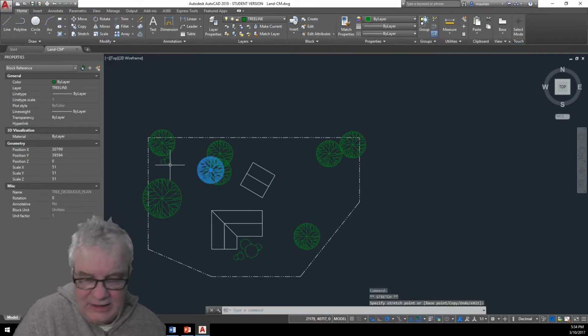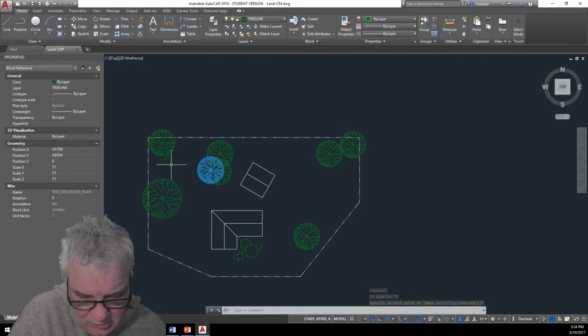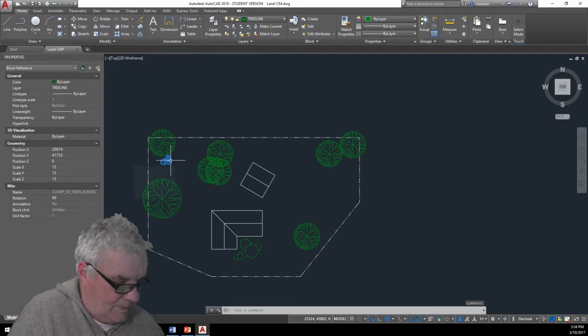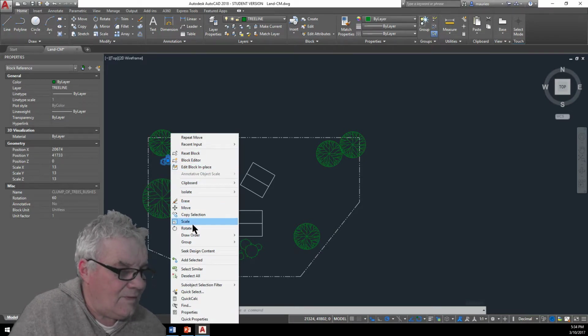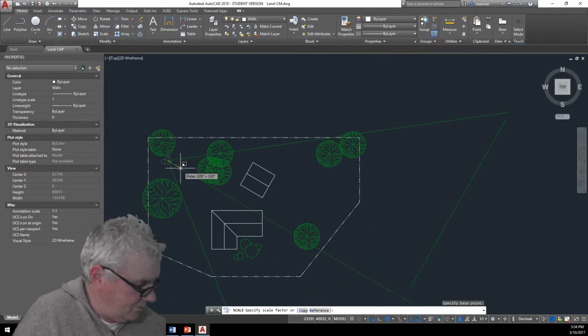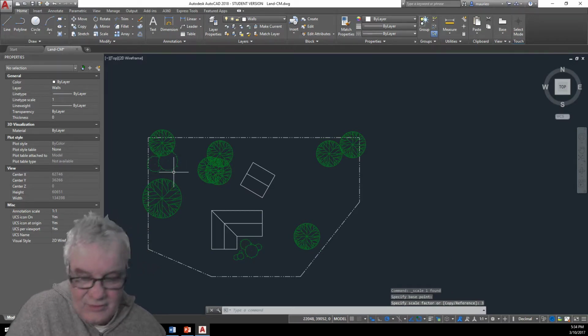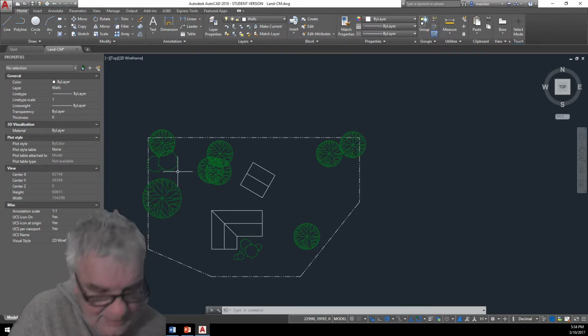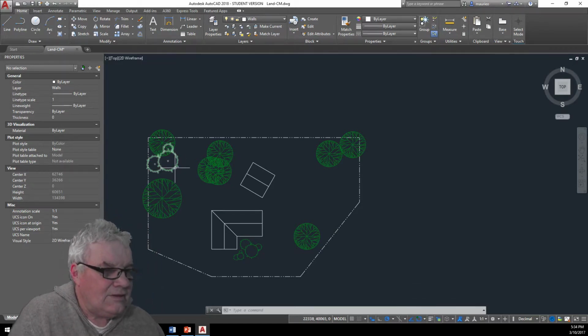Now this one here, we want this to be, ooh, baby, scale, base point 3, so that would, yeah, yeah, that's,